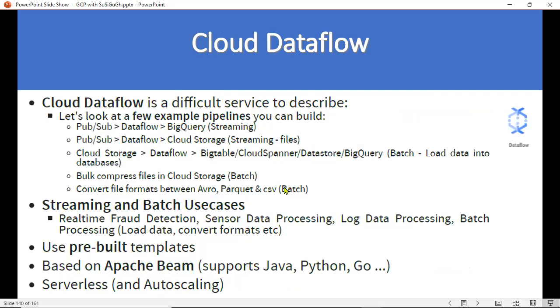Wait, this is very important. Okay, data flow. Cloud Dataflow is a difficult service to describe, but nowadays it is very importantly used by the high level managers. A few examples: Dataflow is like doing your